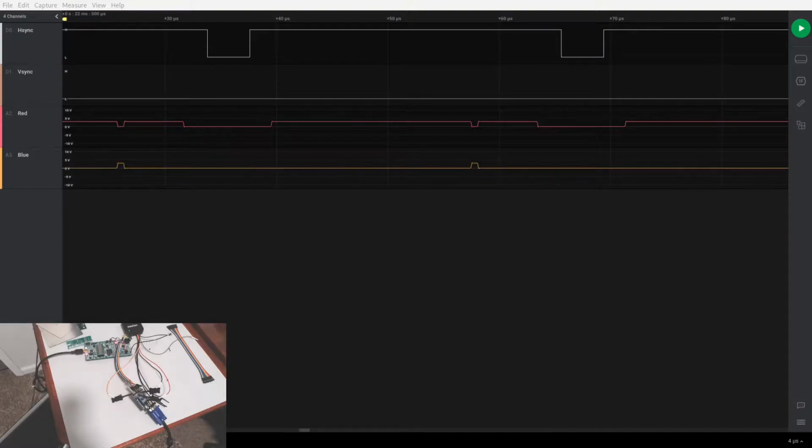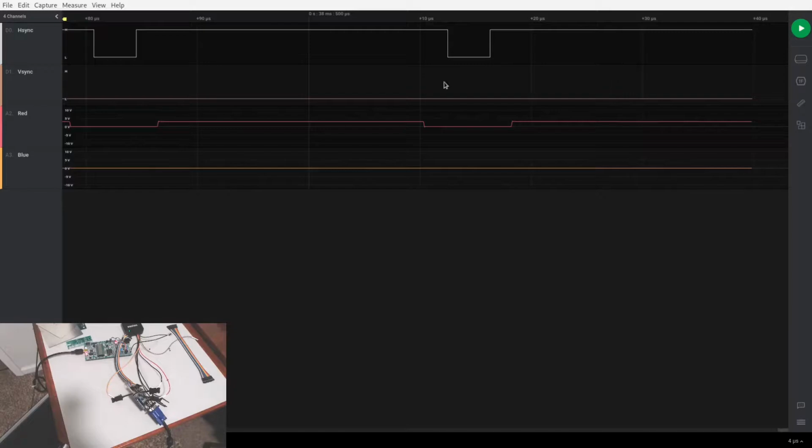So pictured here, we have the demonstration board from the class, and we have a small video adapter that is just a series of R-2R digital to analog converters. And probed here are a couple of different pins for my logic analyzer, whose outputs you can see in the background. So if I take a quick capture,